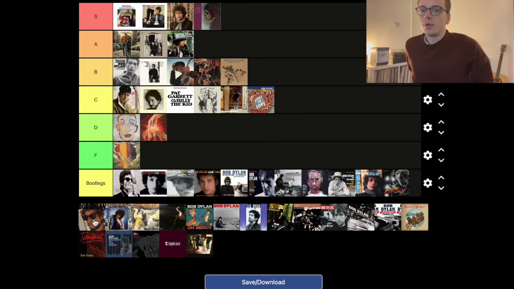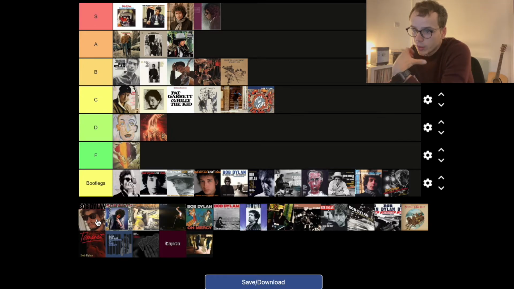Thankfully, we take a step up with the next album, which is Infidels from, is it 83? And this includes probably my favourite Dylan song of the 80s, which is Jokerman. I just think that song is an absolute masterpiece. We've got Neighborhood Bully on there, Sweetheart Like You. Really good album. I think it deserves to go quite high on this ranking. But do I put it in the B or the C tier?